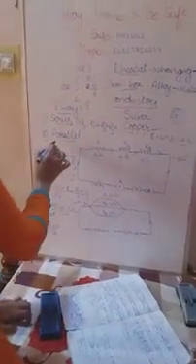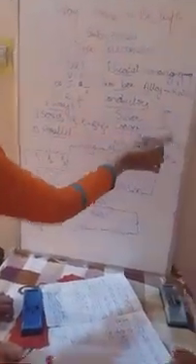If the resistance is less, what happens? The flow of electric current is more in parallel. If the resistance is more, the flow of electric current is less, as in series. Keep in mind, if the resistance is more, the flow of electric current is very less. In series we don't get bright light, but in parallel the resistance is very less, the flow of electric current is more, and we can get bright light.